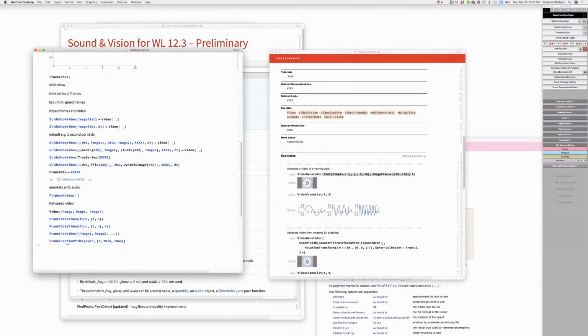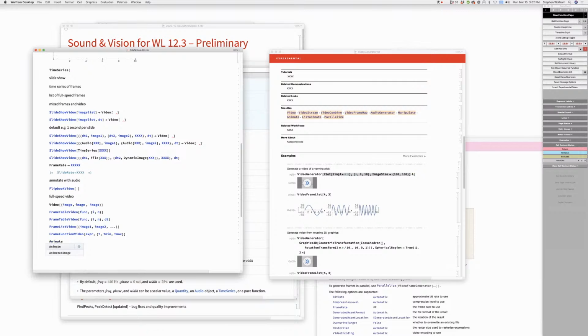That would be the concept, where instead of it being a table, this is analogous to animate, right? Yes. Because animate